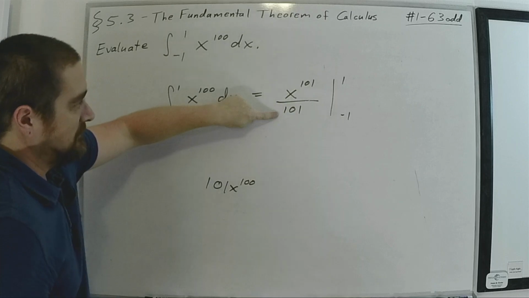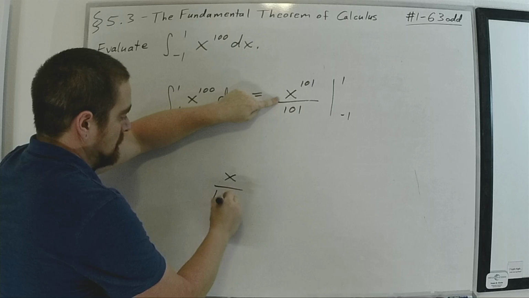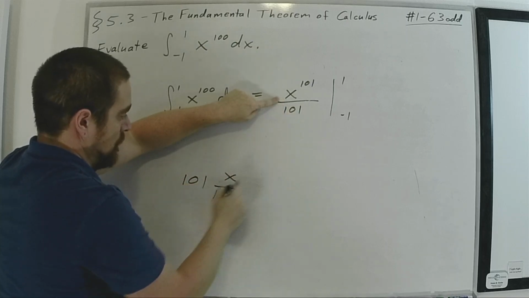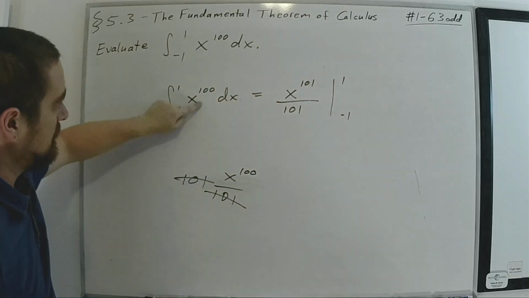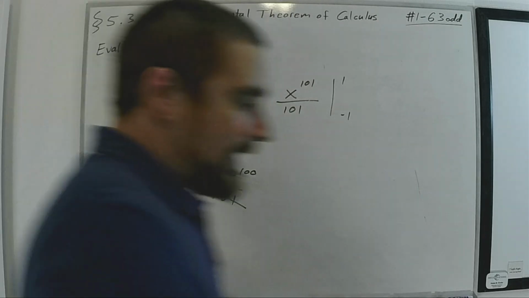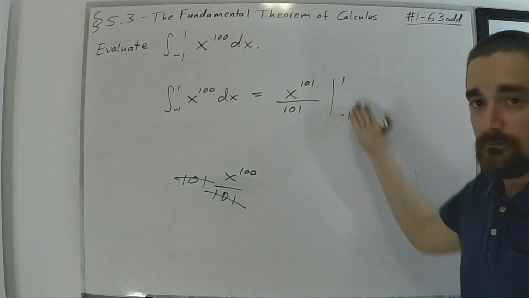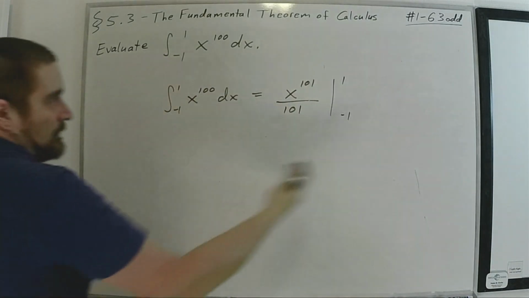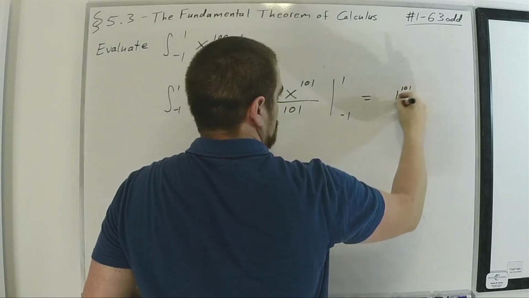But if I have this division here, then I differentiate this, I would get 101 times x divided by 101, and then I would subtract 1 from the power. Those cancel out now. That is the general antiderivative for this function. So again, be careful, make sure you're actually getting the correct antiderivative. Otherwise, there's no reason to move further and plug those bounds in if you don't have the correct antiderivative to begin with. So this isn't terrible because we're just dealing with this weird power of 1 to the 101 divided by 101